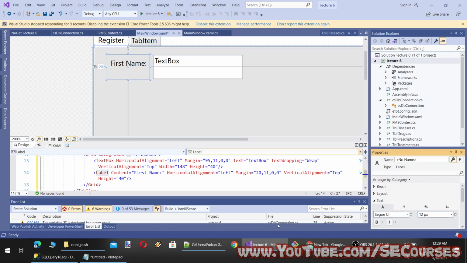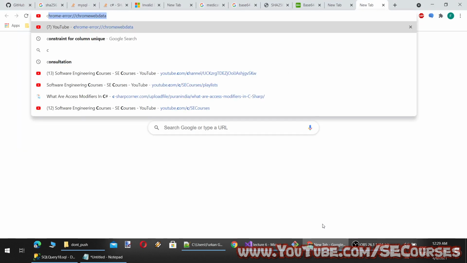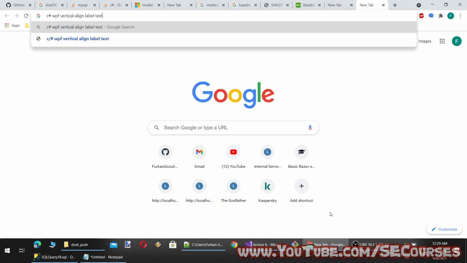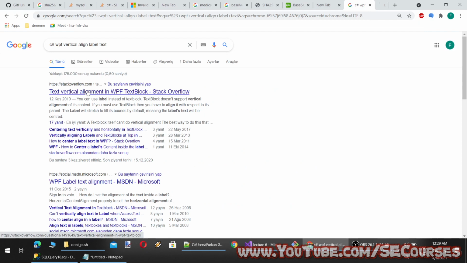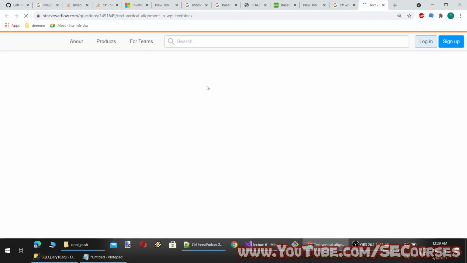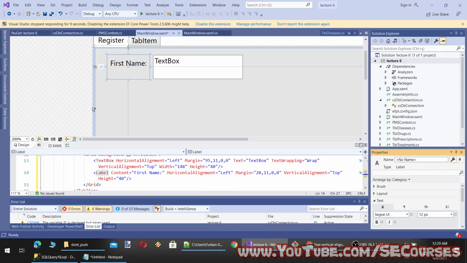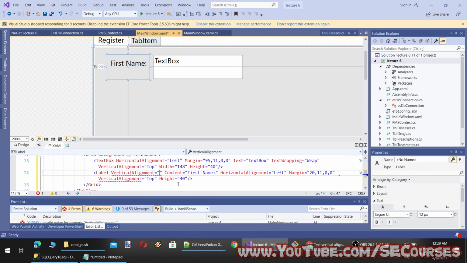Let's look for it. There is vertical alignment, center.